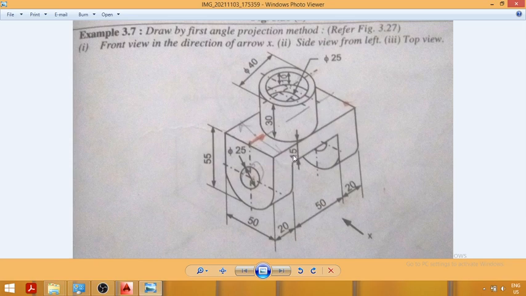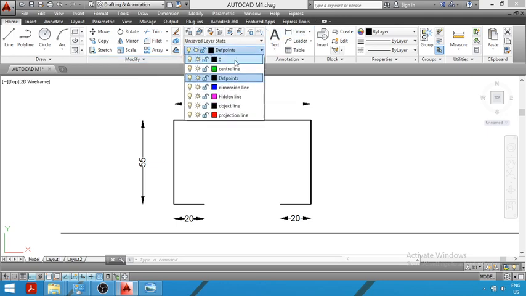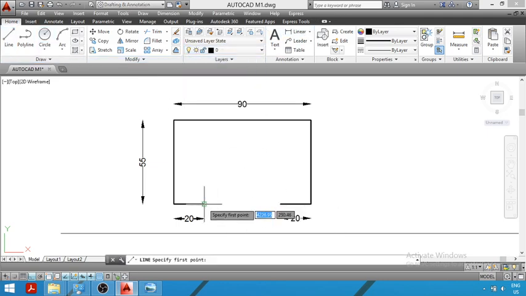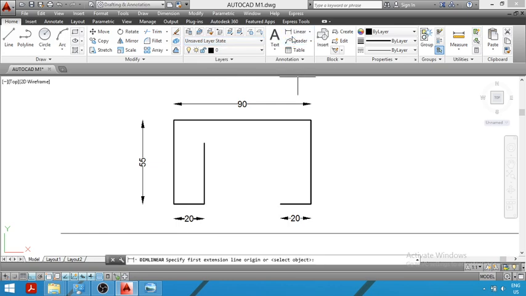55 minus 15. So now we are drawing this lower portion, this part, that is the front view of this lower portion, which will be equal to height 55 minus 15. You can see the distance given is 15. So 55 minus 15 will be equal to what? 40 mm. So now in the next step we will draw two lines of height 40 mm. From this point you have to draw a line of 40 mm. Again, from the second point on the right hand side we will draw a line of 40 mm height.